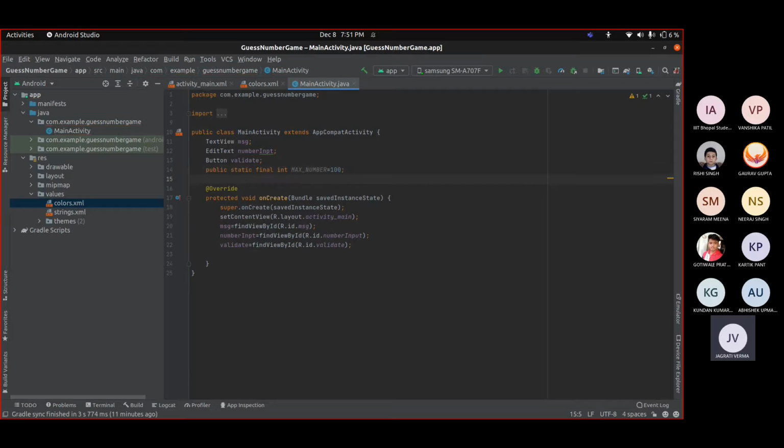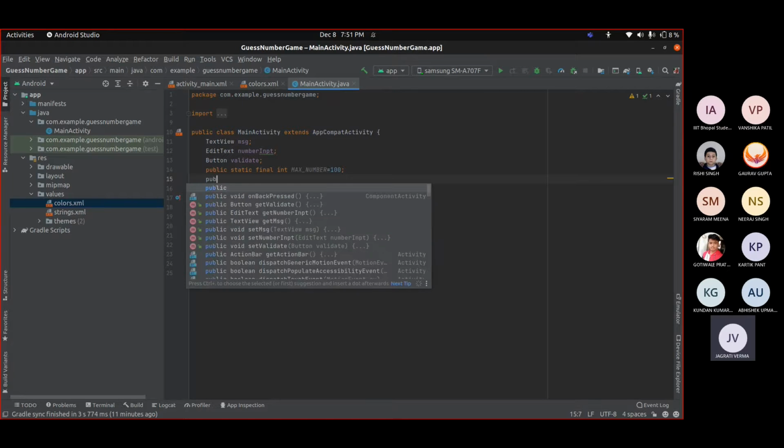Okay, whenever we have to add a constant in our Android application, we initialize it as a static in some of the activity, or in some of the class, so that we don't have to type it again and again, and it's preferred to store it in some variable and then use it.